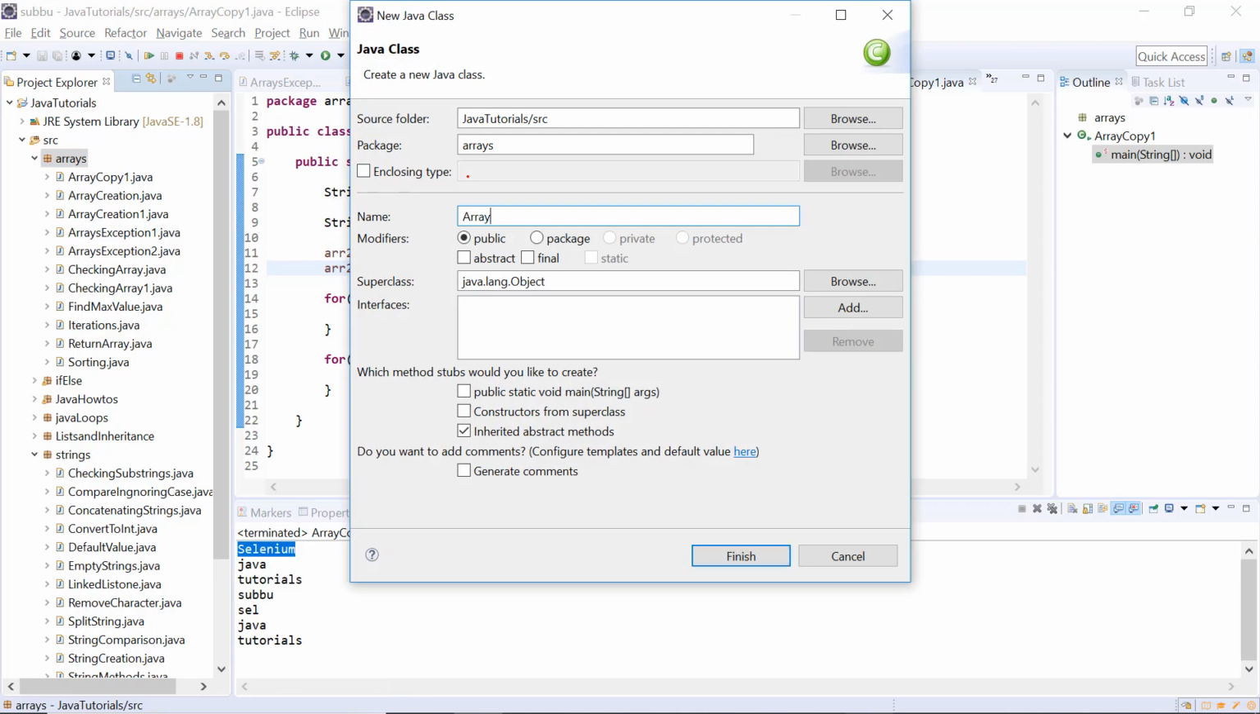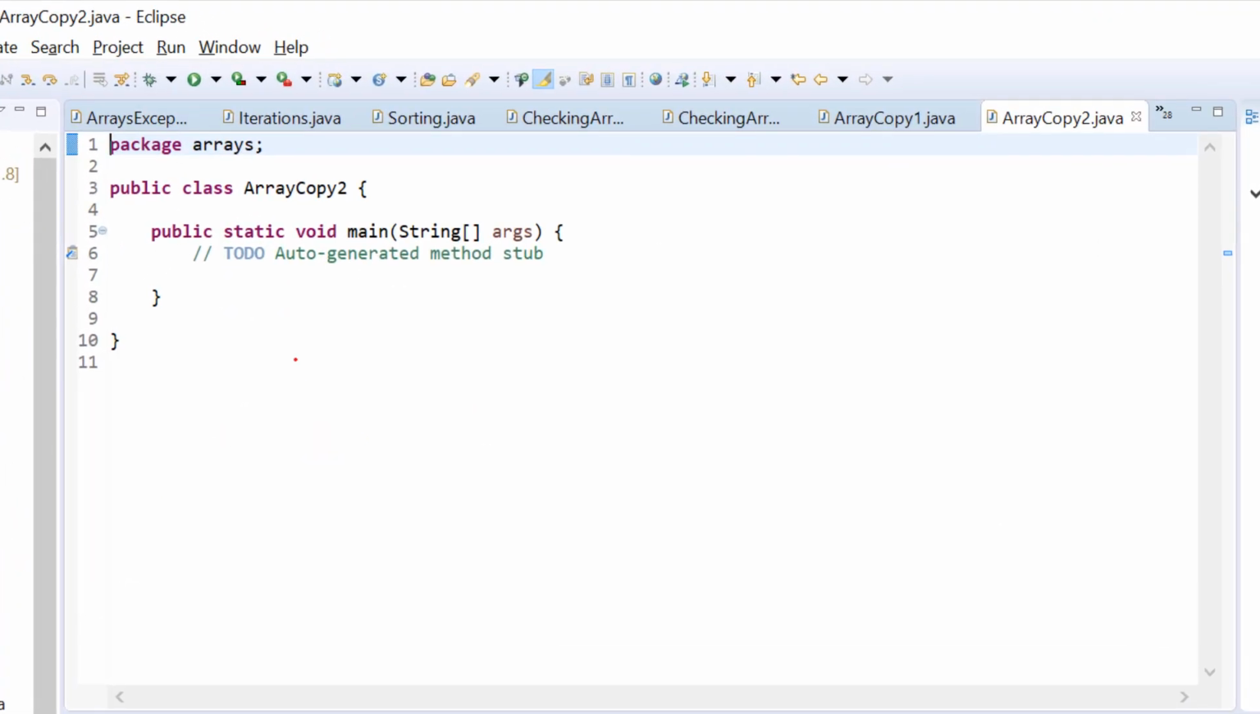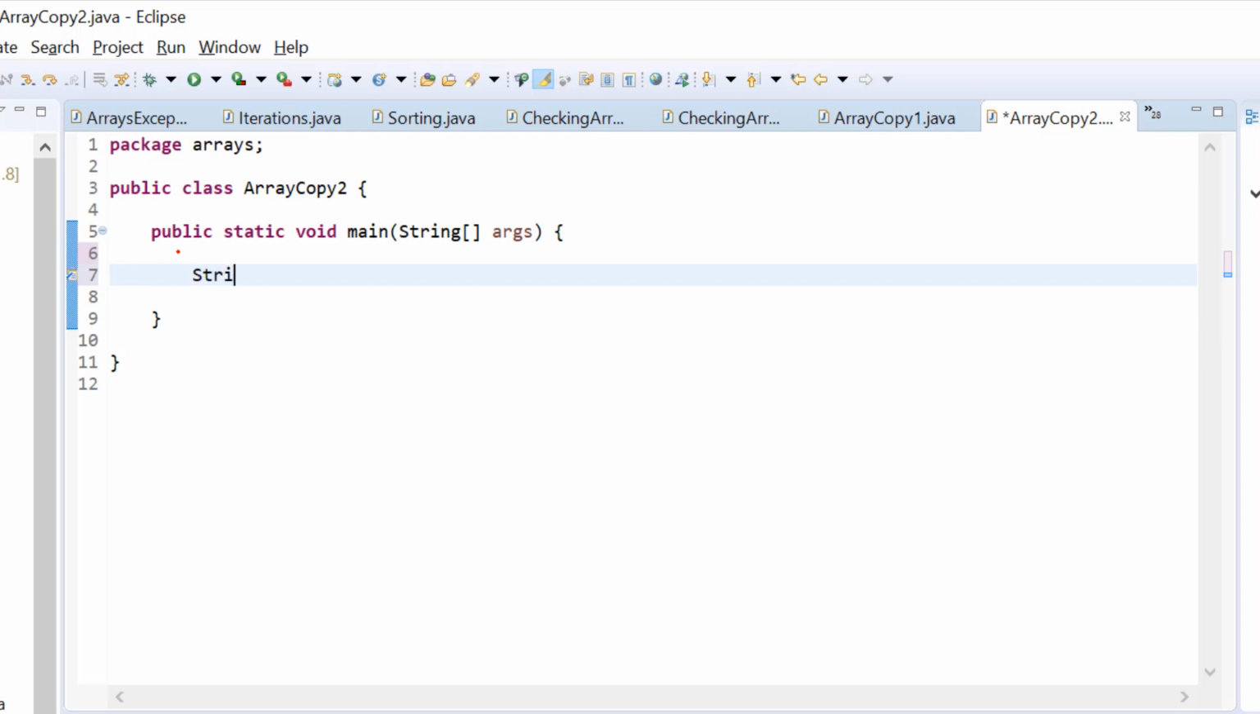So I will say array copy 2 and I am using the main method. Finish. And what I will do here is I will create a string array first. So string ARR1 equals to